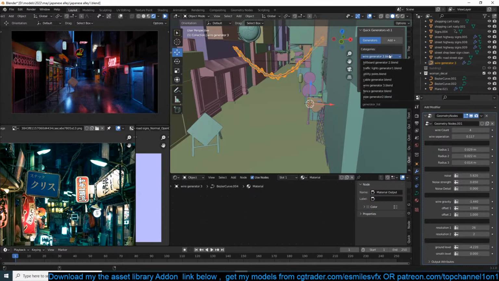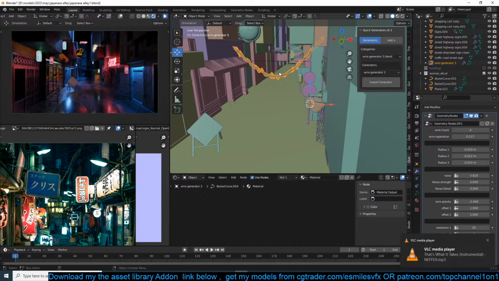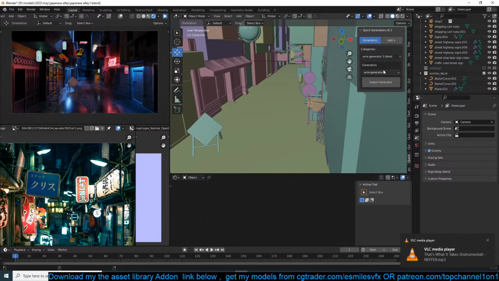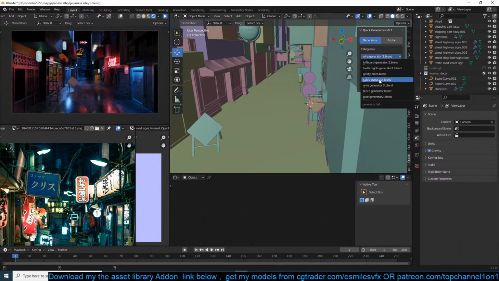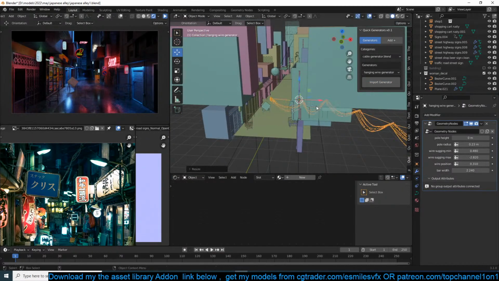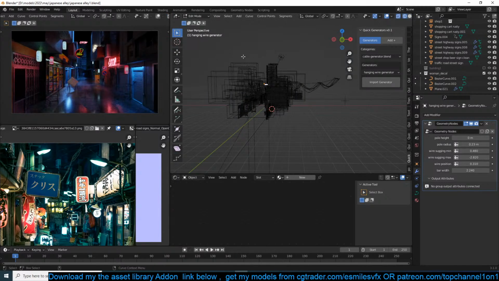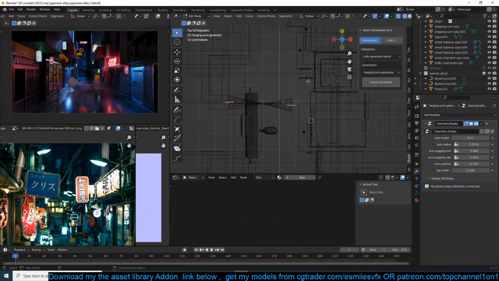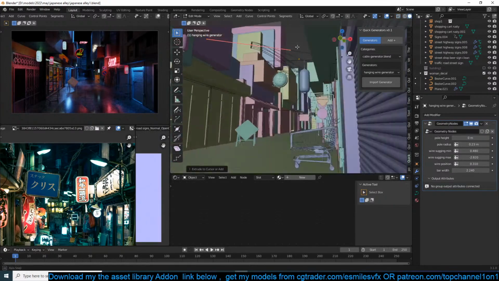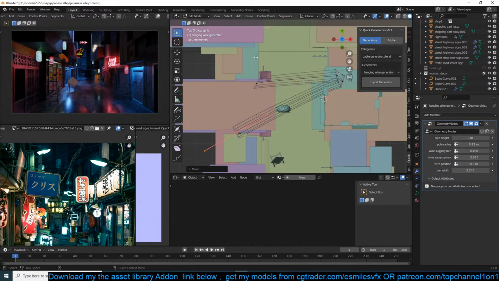Let me see. Do I have one wire generator? No, let me use my cable generator. It's going to give me better wires. So I can basically have wires hanging like that.